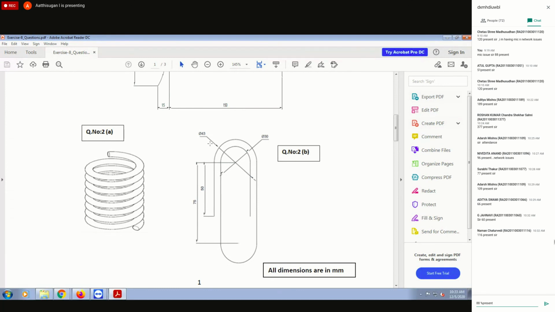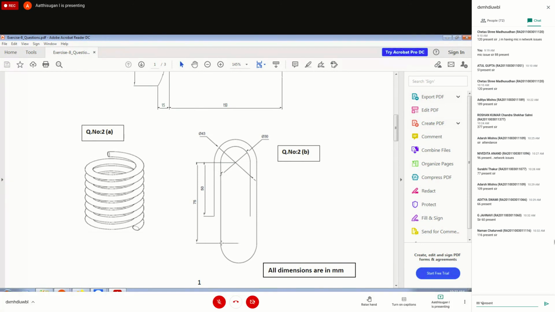Okay, so here you have 43, 30. Here explain the 6.5, so leave this 6.5. But this distance will be 30 plus 6.5, 36.5. According to that you can find the center point here. So draw one line up to 36.5 from the center point, draw the semicircle, diameter 36.5, that will be intersecting here, then trim it.